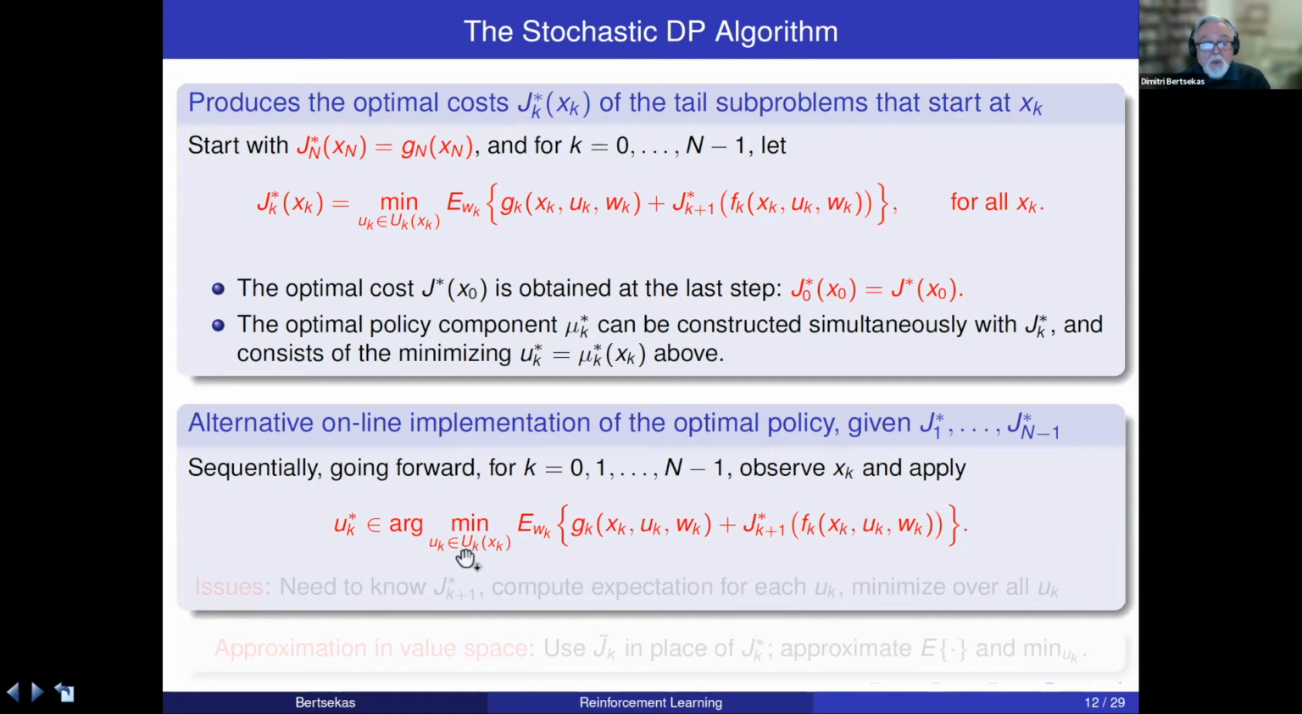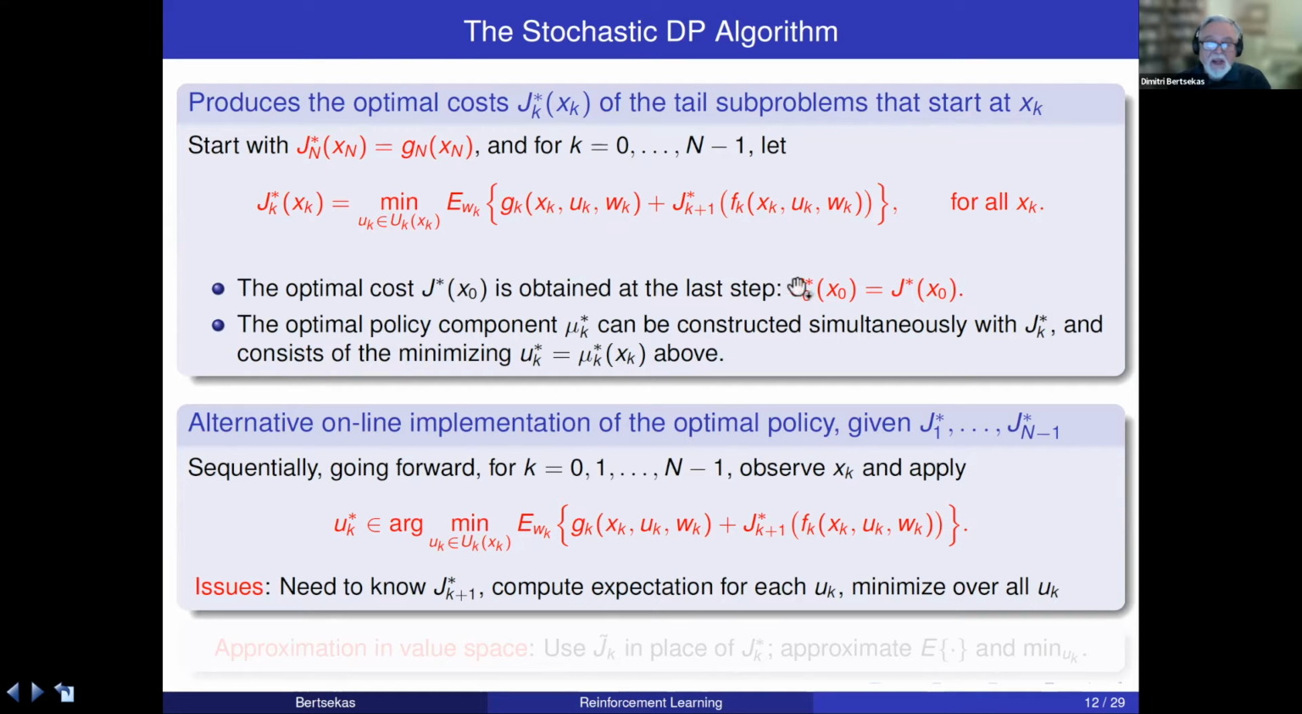online with n minimizations, one minimization at each stage. We observe the current state and we do this minimization to apply the optimal control. However, the problem is that we need to know J_{k+1} star. So there is no escaping that we have to do this calculation, and this can be overwhelming. It's even worse than for deterministic problems because we have to compute an expected value here for every x_k and